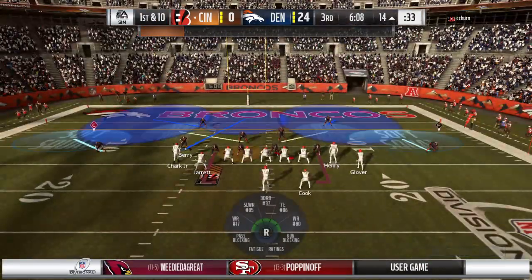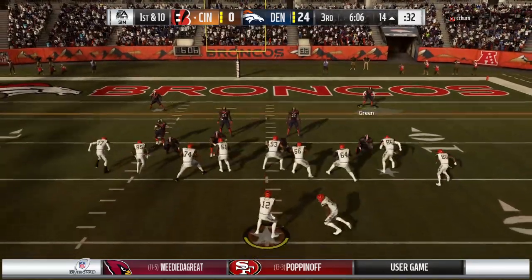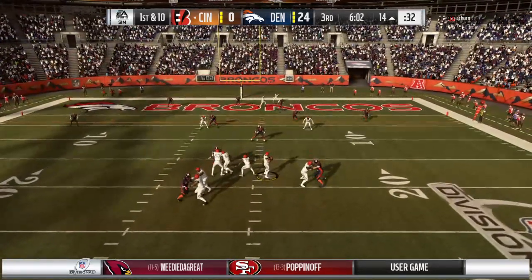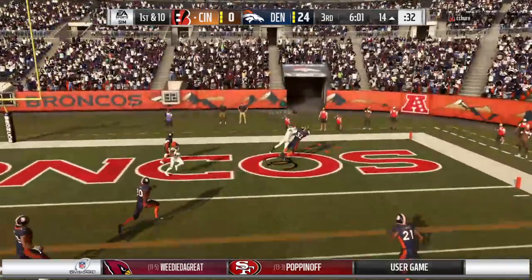I don't know what they talked about at halftime. Whatever it was, it worked. They look like a different team here in the 3rd quarter. Yeah, I doubt that there are very many trash cans that got kicked over, that type of a speech. I think what they did was...